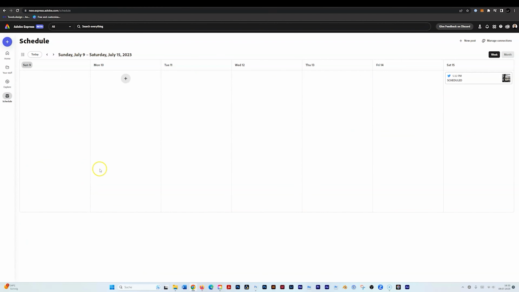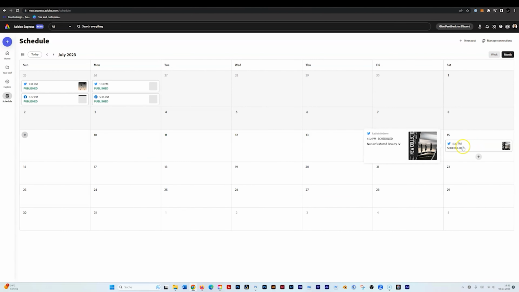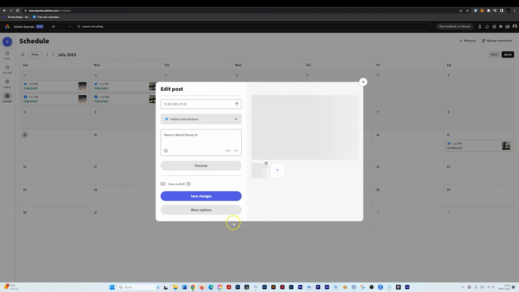Here's my schedule, and here I see my post. Let's view the month, it's a bit better. Then I can go here. I can even add a new one. If I click on it,